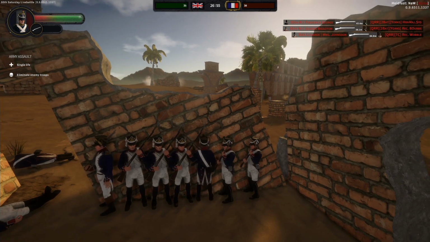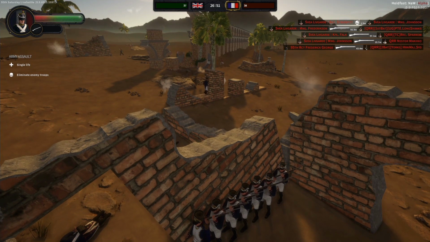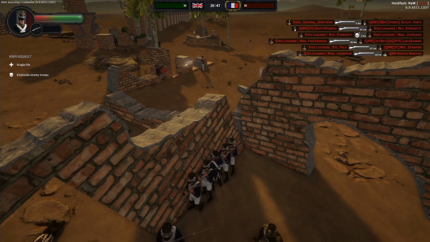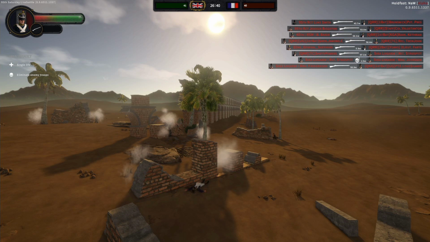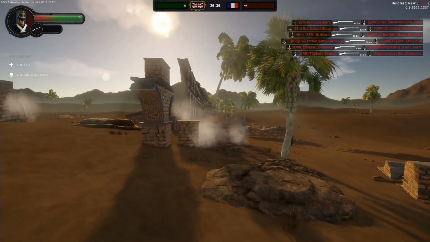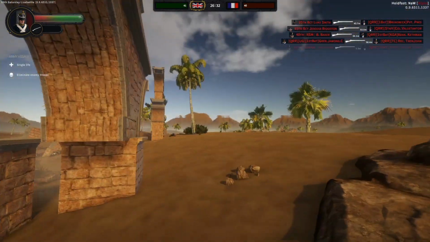Now, this could be a potential ambush situation here for the Brits. Yeah, there's a rifleman making his way, and it looks like they're moving out, and down goes Tron John, I think that was. Officer hiding behind the ruins. And the line continues to move,